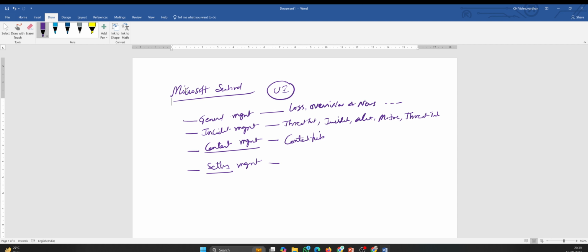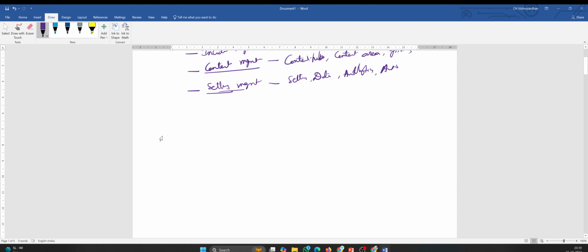In the content management, we will get content hub, content area, and GitHub. In the server settings, data connectors, analytics, automation. Here you will find in the incident management workbooks, notebooks. So all these options. I'm just explaining this without showing it because what we require here for doing this is a portal.